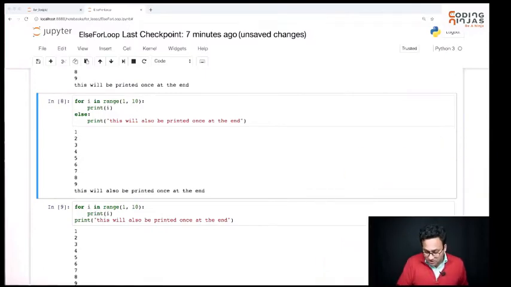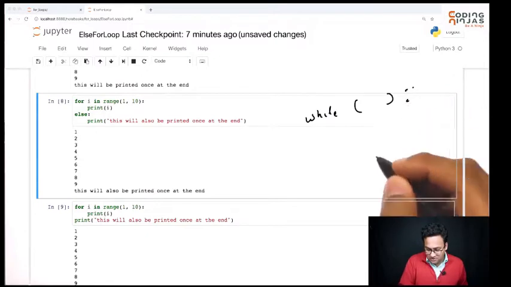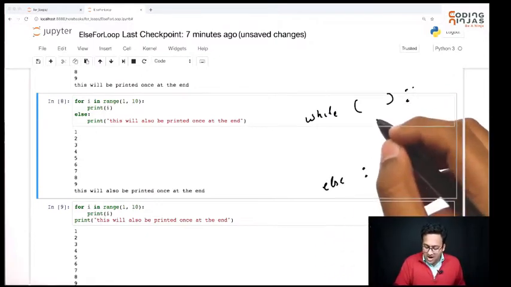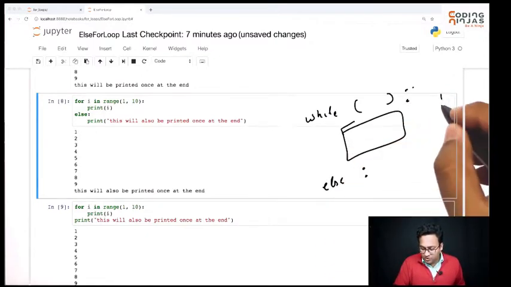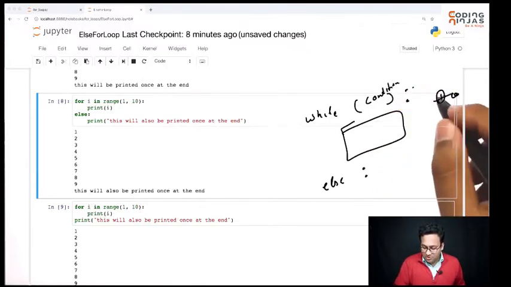when you use it along with break. So this basically means if I have a while and an else, now I can come out of this while loop in two ways. See, this is my condition. So I can come out in two ways.